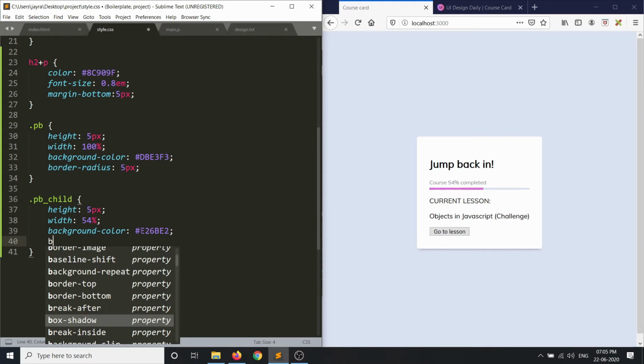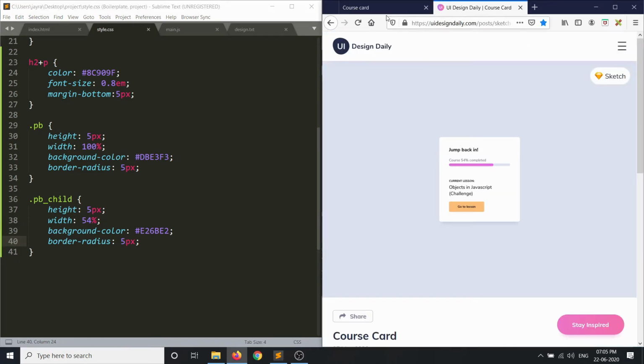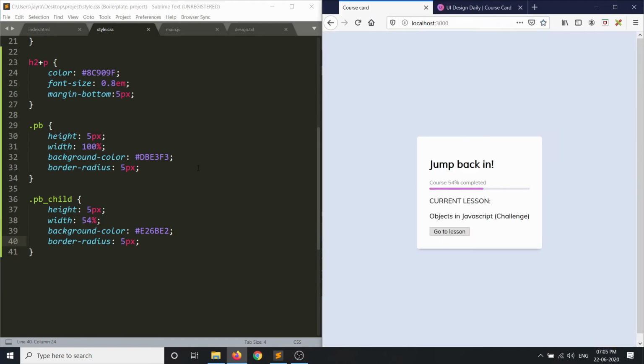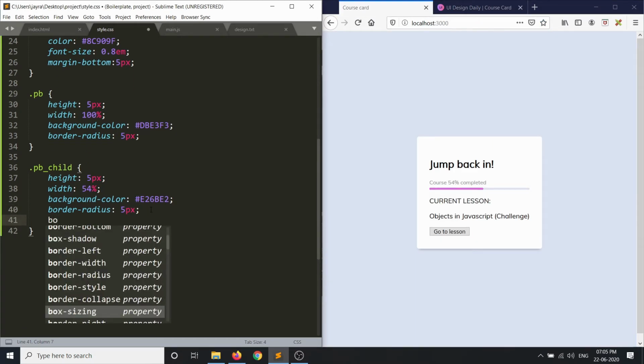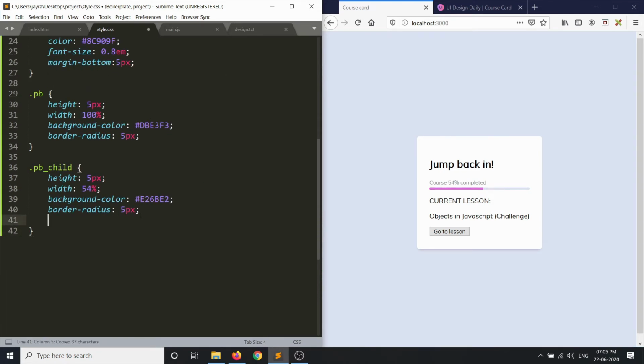Let's also put the border radius of 5 pixels. And now if you notice in the design, we have a little bit of shadow to the bottom of the progress bar. So let's put that also. We'll again use box-shadow. I'll just copy paste this. Control C, Control V, and the color needs to be the same as that of the child of the progress bar. So we'll just use the same color, and we'll use zero spread, and let's make the shadow a little bit smaller. There we have it. So we have our shadow. I think that's all that we need from the progress bar.